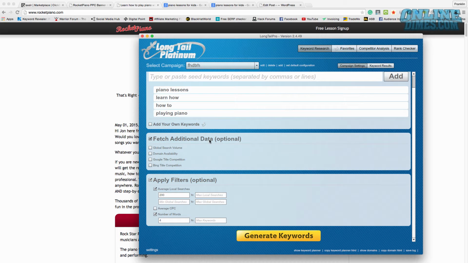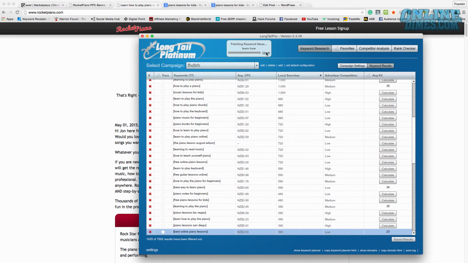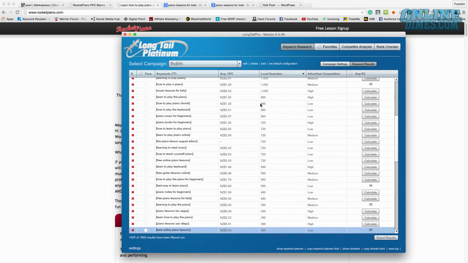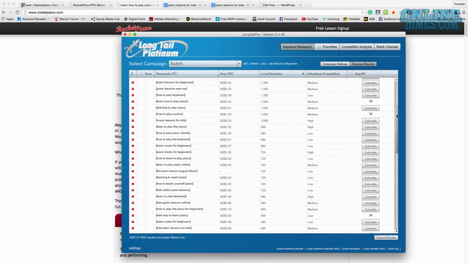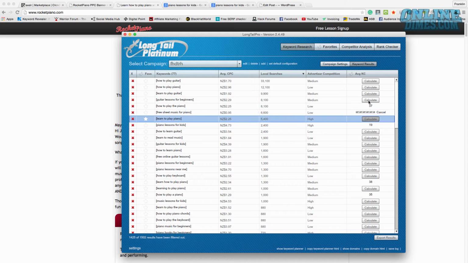Then what I do is I don't really do anything here, so I'll untick that. I just did my average at minimum of 20 searches, and then I did number of words, so I want a minimum of 4 words, and then I just click generate. I'm going to cancel this really quickly because it's already done it for me, so I could speed up the video. Now, what I did, very simple, I just went through and clicked calculate on a whole bunch of these, right? And it brings up the average